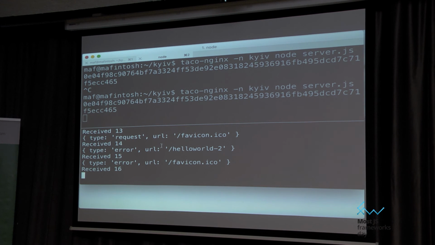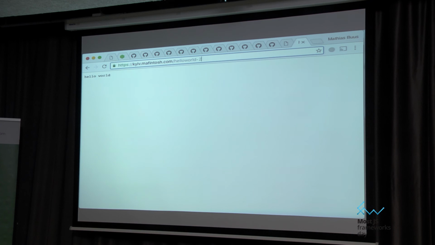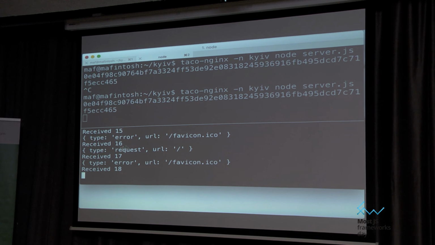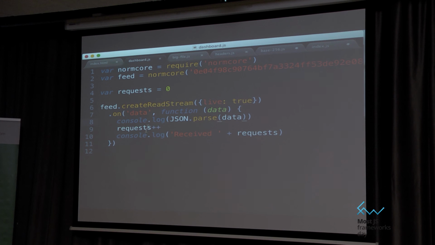So now we get, oh, right, because I should do slash. So now, if it's slash, we say it's a request, otherwise we say it's an error. And we want to count the errors because it's a dashboard. It's a pretty cool thing to do in a dashboard.